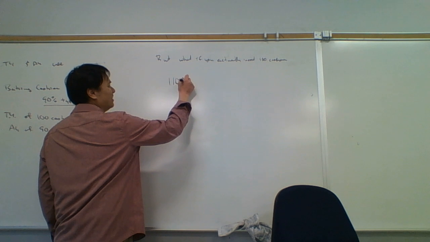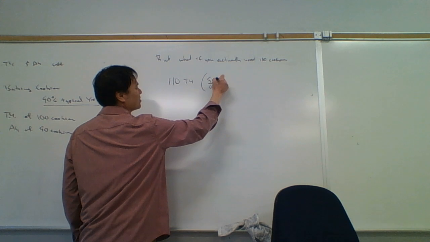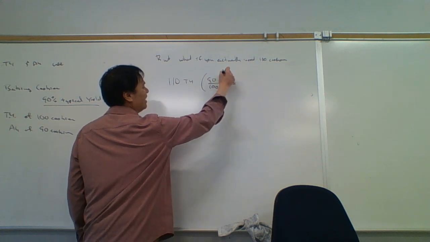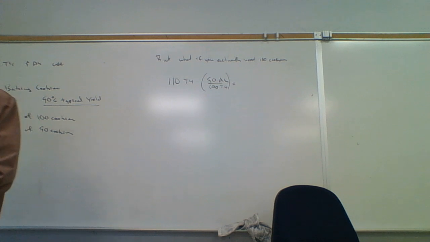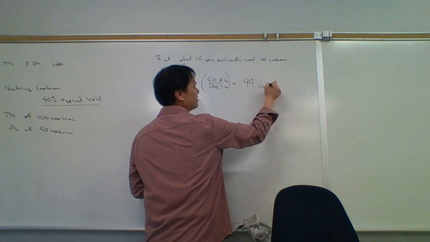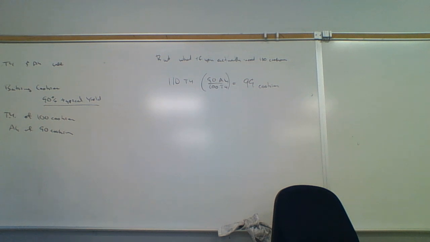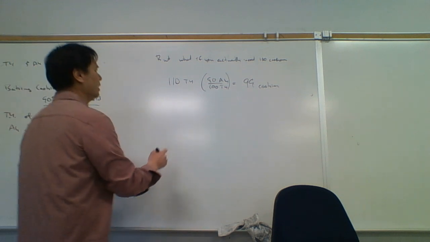If you have 110 theoretical yield and a 90 actual yield over 100 theoretical yield, how many cookies will that give you? Let's calculate it. 110 times 90 divided by 100. I'm going to come out one cookie short. I'm only going to get 99 cookies. So if I plan on baking 110, I'm only going to get 99 if I have a 90% yield. And so in order to get up, we have to use